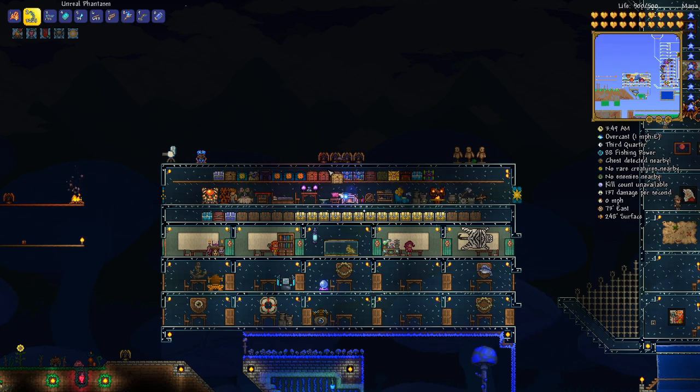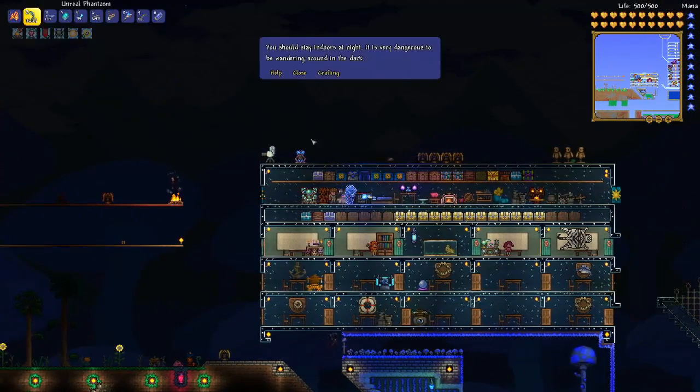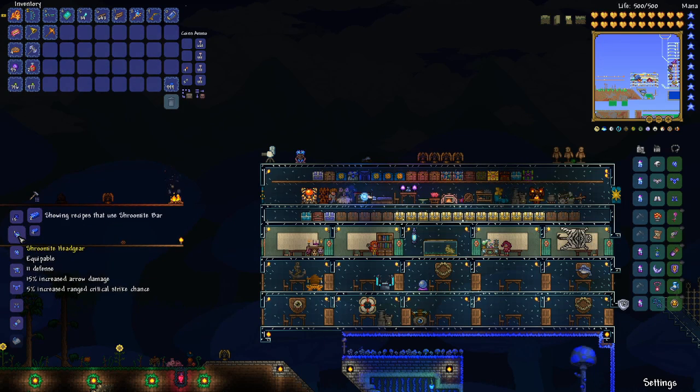Gonna get the Shroomite armor for the arrows and not for the bullets, what I have currently, because I currently have bullets. Remember, that guy's really important. I don't have the Shroomite for the arrows. I got the Shroomite for the bullets, so we do need that. To get that, of course, we do need to make a bunch of these Shroomite bars, which means I need, so this is ammo, this one is rocket, this one is bullet, this one is arrow. I have bullet right now, so I need arrow,